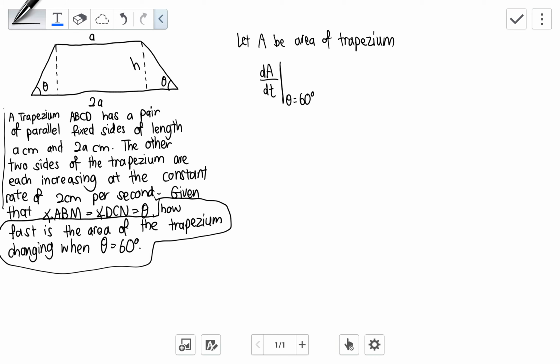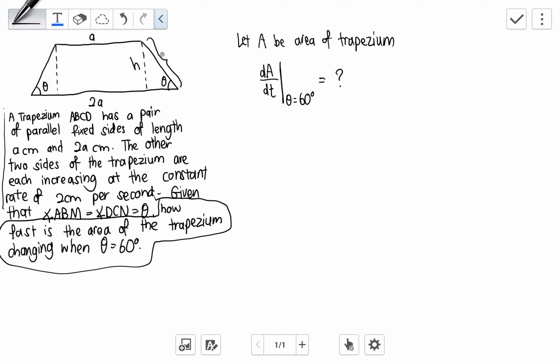So the first thing we can think of is the chain rule: how to get from here to here. But before that, this is what we want to find out. And what is it that we have? What are the clues that we have? They say the other two sides of the trapezium are each increasing at a constant rate of 2 cm per second. We let this side